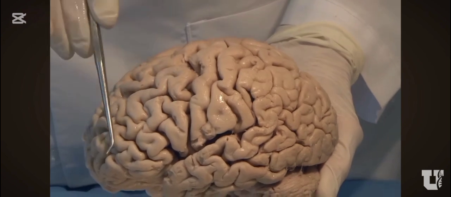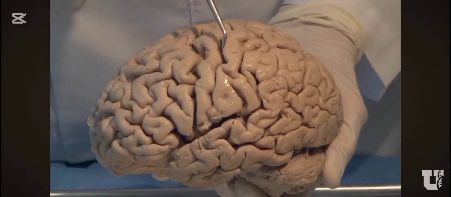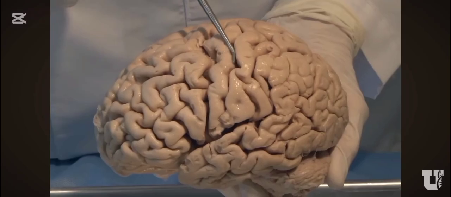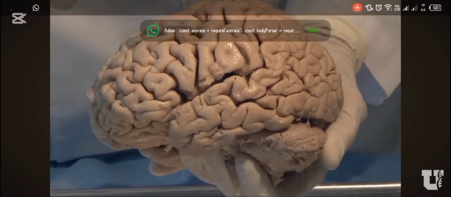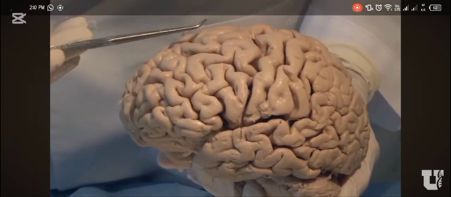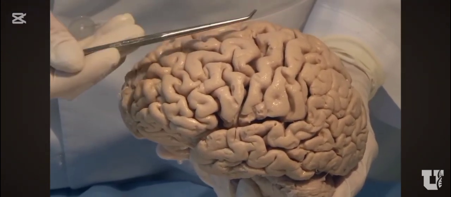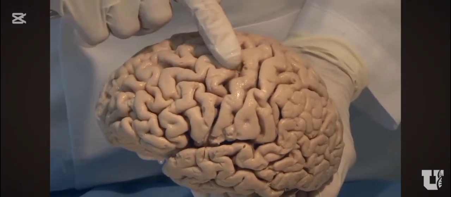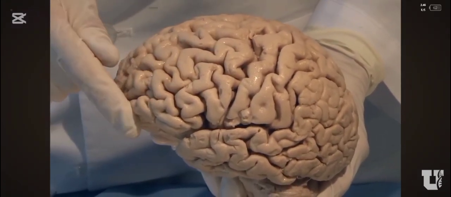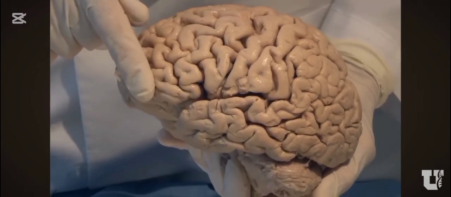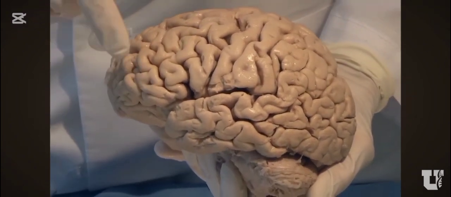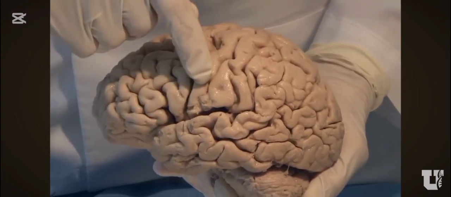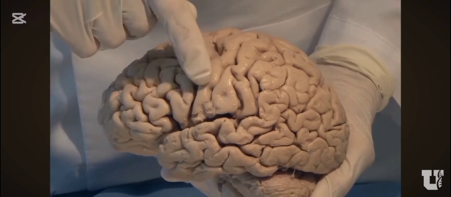So this is frontal lobe, this is parietal lobe. This is motor cortex in general, and this is sensory cortex in general. So we're just getting our bearings. The frontal lobe is further divided, and it's hard to see the distinction, but this band along here is the superior frontal gyrus. Then we have the middle frontal gyrus and the inferior frontal gyrus. The motor cortex in front of this precentral gyrus, as we call it, because it's in front of the central sulcus,